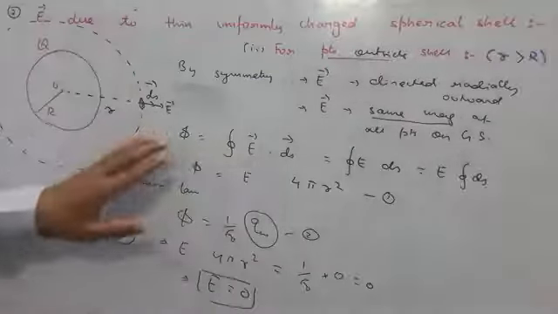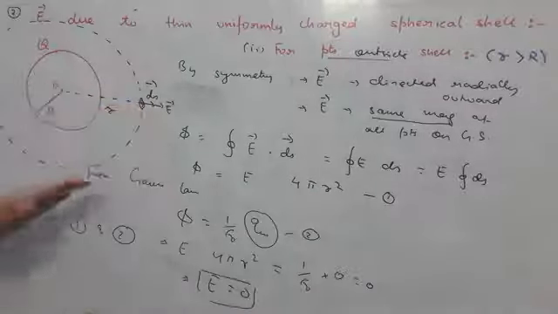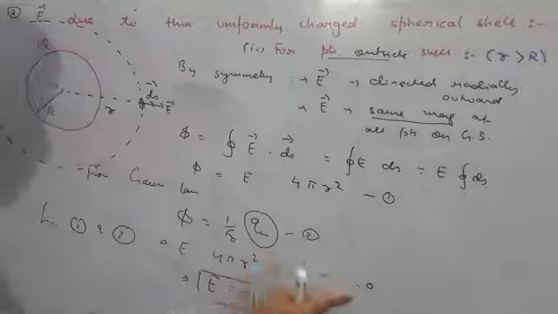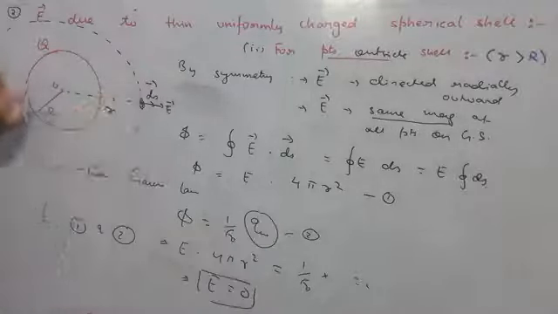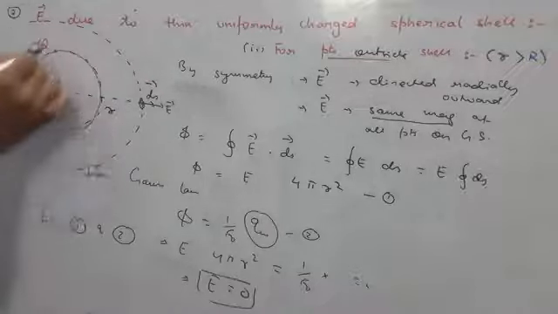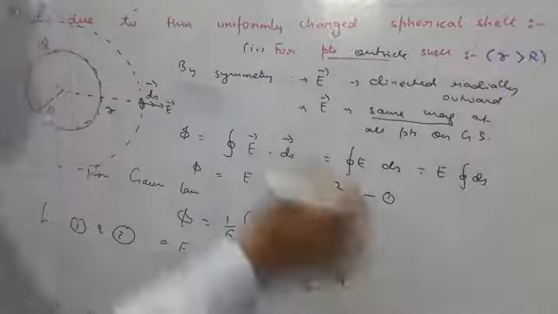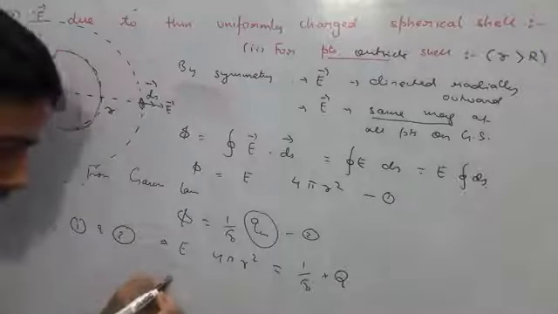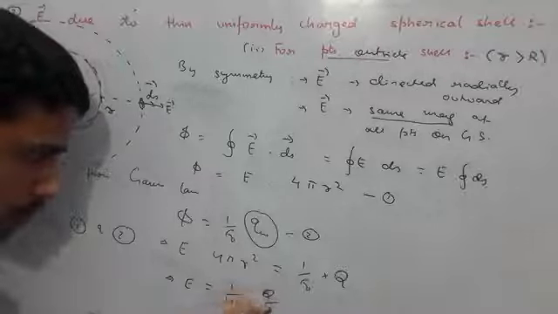Same way we have to find flux. The flux phi will become E into 4 pi r square. This r is the radius of the new Gaussian surface. But when we apply Gauss law, phi is 1 by epsilon naught times q in. Do you think q in will be 0 now? Certainly not. q in will now be the charge inside this Gaussian surface. We find the total charge is present inside the Gaussian surface. Therefore, the charge inside the Gaussian surface, q in, will become equal to how much? Q. If E into 4 pi r square is this much, this gives us the final value for electric field. That will be how much, students? E will be 1 by 4 pi epsilon naught q upon r square.